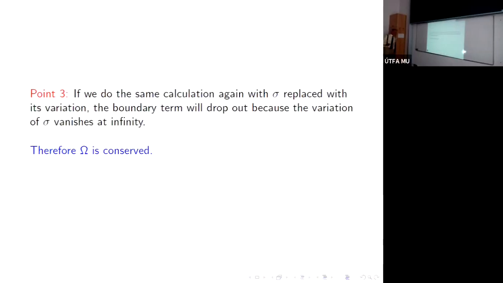Okay, and then the third point is that if we do the same calculation with the sigmoid replaced with a variation of the sigmoid, then there won't be that boundary term. So indeed, we find that the symplectic structure sits